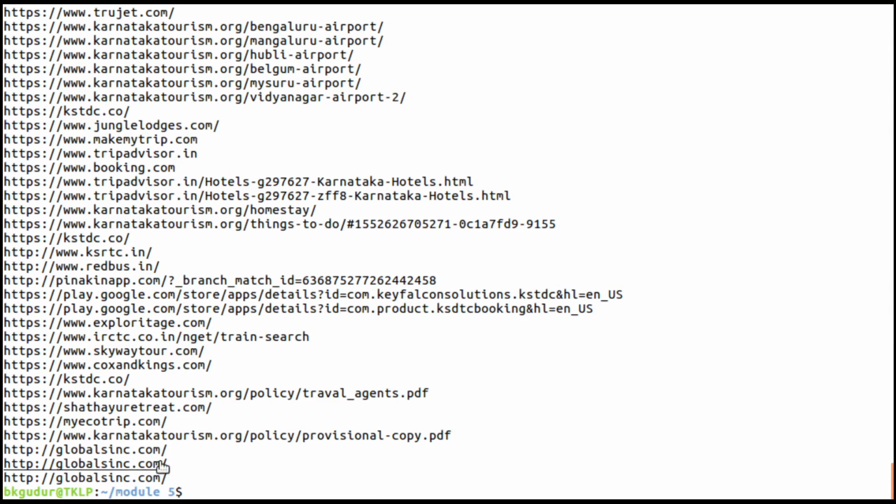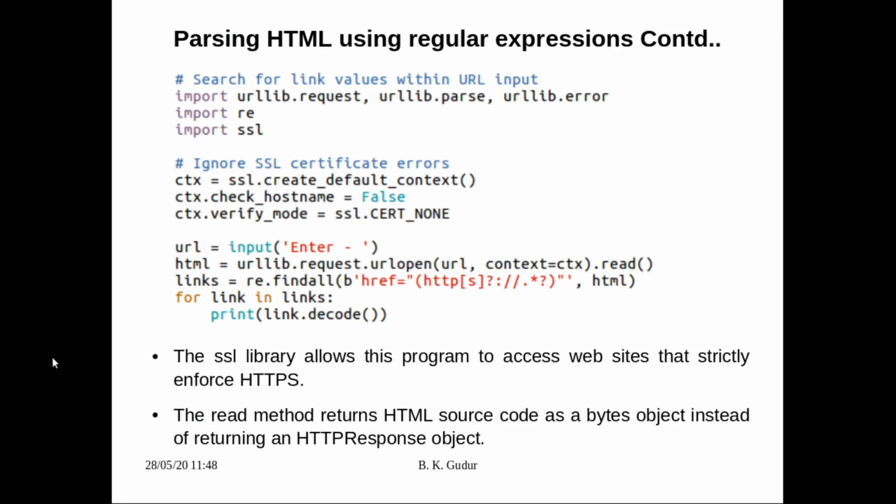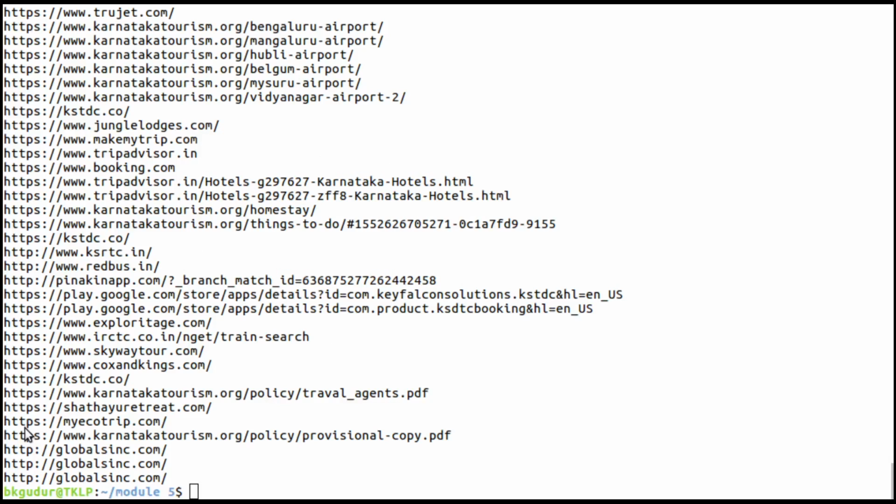Once again, just look into the program. Open that particular URL, read the content and store it in a variable. After storing that in a variable, what we are going to do is find this particular expression. Dear students, it will try to find the expression which starts with href, but out of that we are going to extract only from HTTP. That's what in the terminal you can see, all the websites have been listed with HTTPS or HTTP.